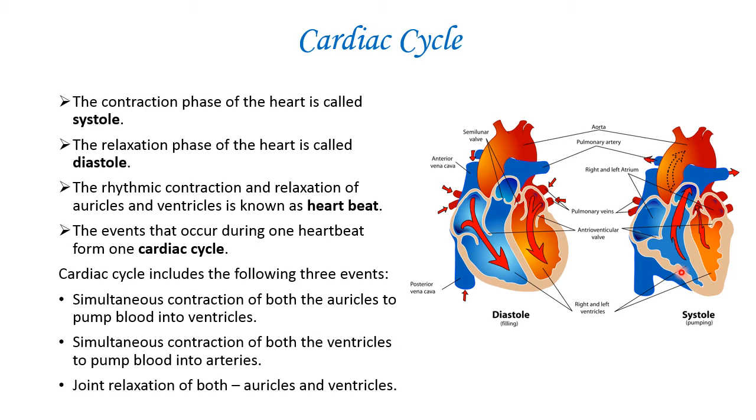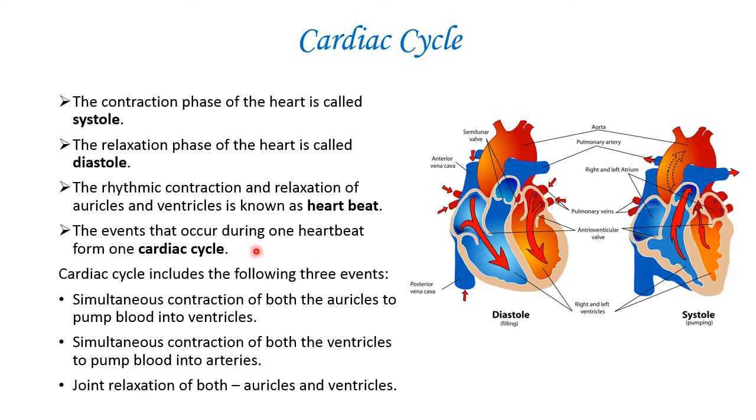From the right ventricle, it goes into the pulmonary artery for oxygenation, whereas from the left ventricle, it goes into the aorta to all the parts of the body. This is the oxygenated blood which is going to whole part of the body. So what are the two contractions here? First, the auricles contract and then the ventricles contract. When the auricles are contracting, blood is coming into the ventricles, and when the ventricles contract, blood goes to the whole part of the body and to the lungs for oxygenation.